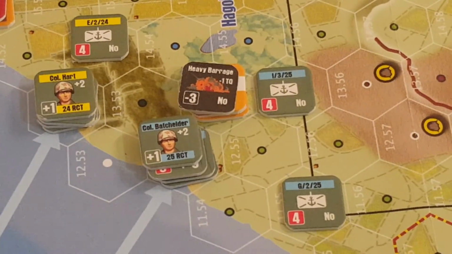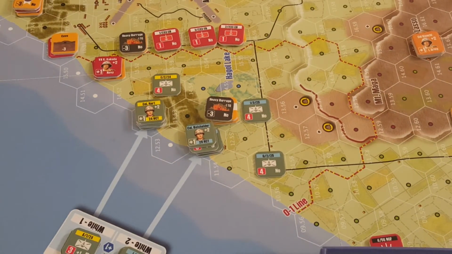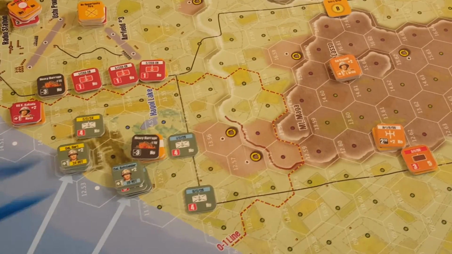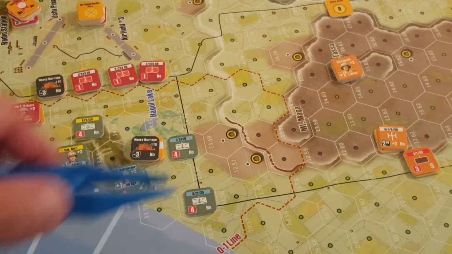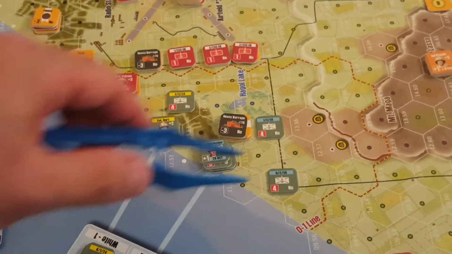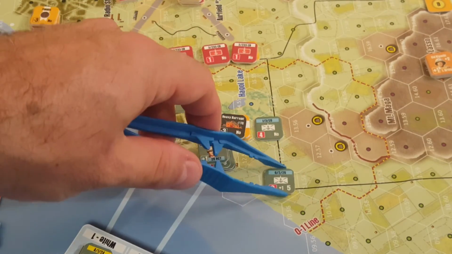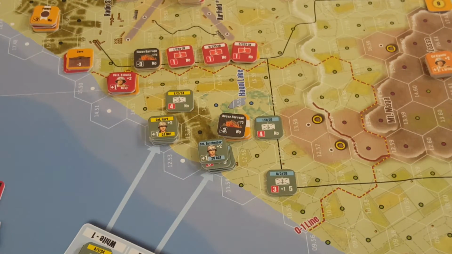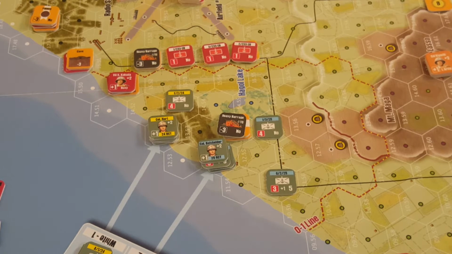So I think let's zoom out a little bit here. We have this new unit coming on here from the Japanese, so we want to make sure that he doesn't get into the zone. So I'm inclined to turn this unit to being in column. However, there is a fixed sequence here, so for the sake of people watching, we'll